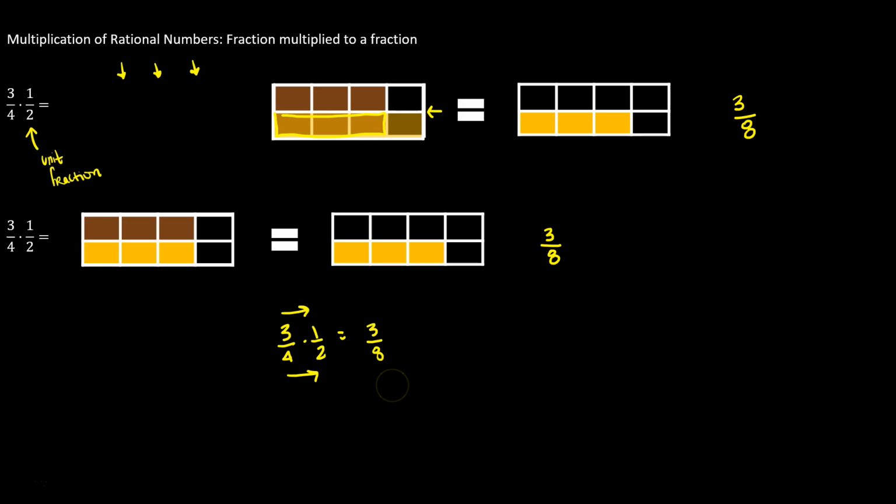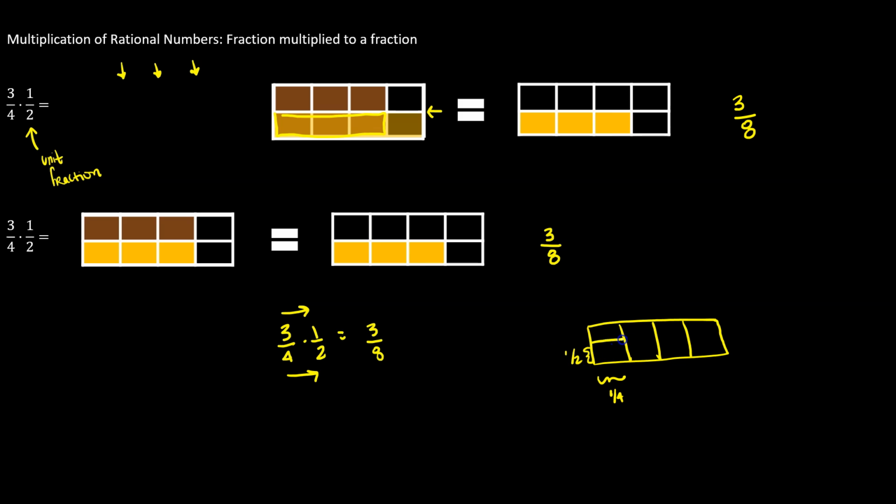Now it's true that we could have just said, here's the rule, go for it, but it's also important to make sense of why that rule is happening. Now, I'm telling you multiply the denominators, but what does that mean visually? What happened was we took each piece and we cut it. So if we started off with quarters, if I take each one of those quarters and I cut it in half,